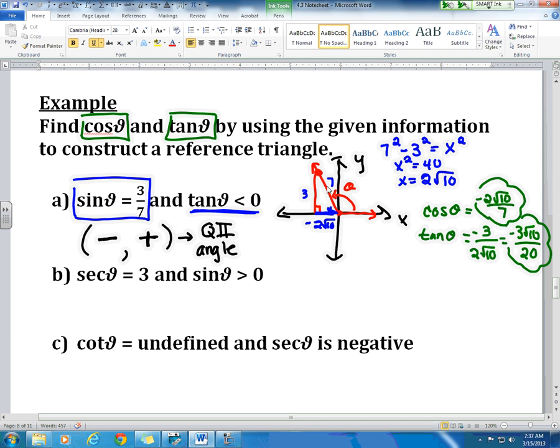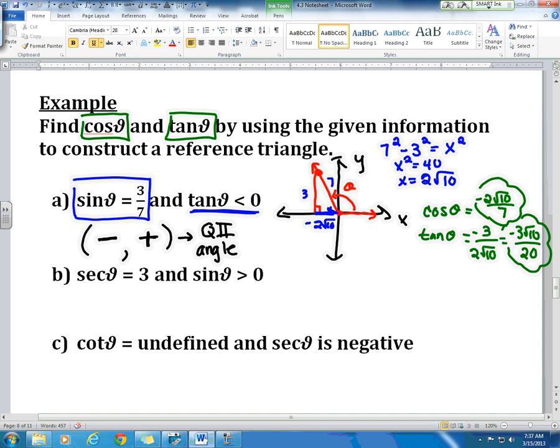So all based again off of a reference triangle. The difference in these problems is that you don't know where the angle falls initially. You're given a generic angle measure. We need to determine what quadrant the angle falls in, and then make your reference triangle, figure out the missing side, and then compute through SOHCAHTOA. I think that's the most straightforward way,